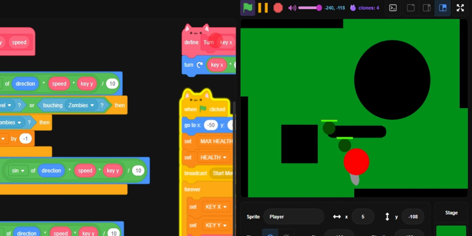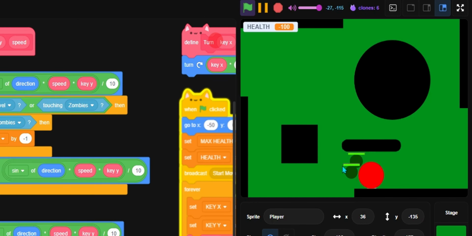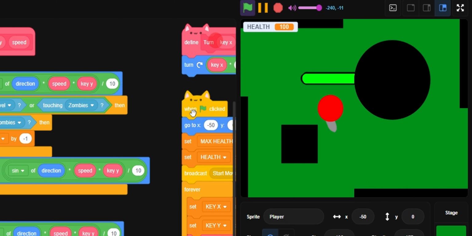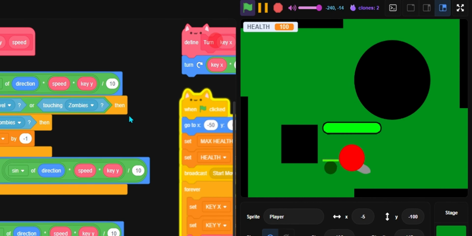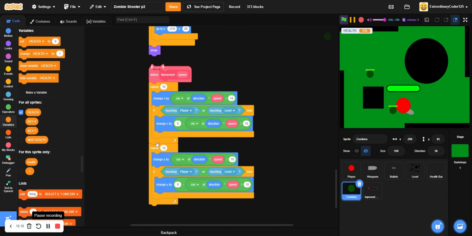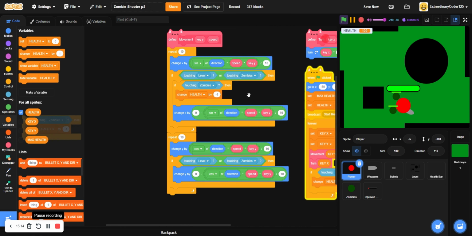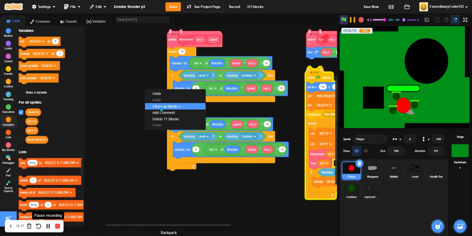Oh my god, our health just depleted so fast. Our health is equal to -100. Whenever I move backwards, the health gets depleted because of our collision detection. So I think it's best instead if we move the health code into the zombies. So now what we want to do is, instead, when we drag the if touching zombies, or actually, let's remove